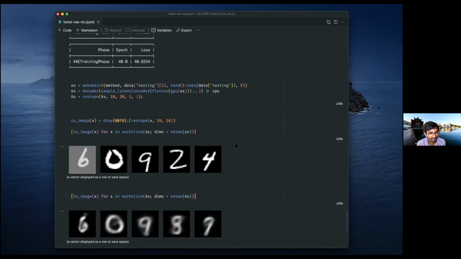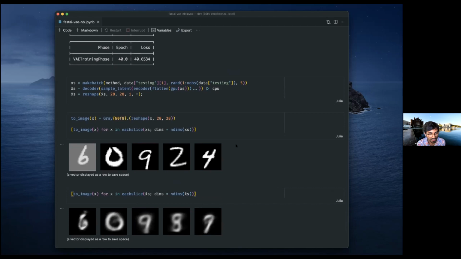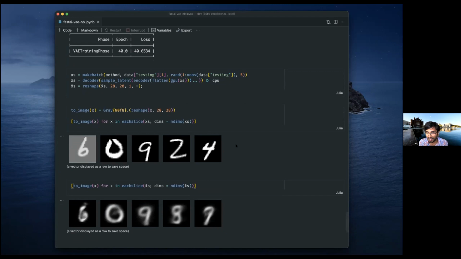And now after the training, you can see a row of digits here. Those are the original digits from the MNIST data set on the top row, and then on the bottom row are the reconstructed digits. For the most part, they look reasonably okay. Here we only trained it for a few epochs, but if we train for a bunch more, then we'd get a much better reconstruction. But yeah, I think that's it for this demo.